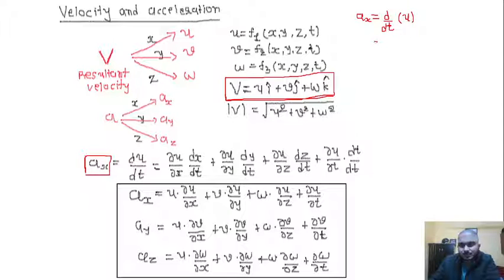So here if you see carefully, u is a function of x, y, z and t. So we cannot directly differentiate it with respect to t, but as u is function of space and time,